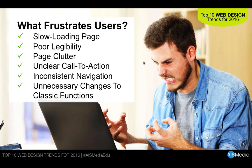Definitely all of these should be major considerations when we're thinking web design, landing page, email design. Is it clear? Will it load quickly? Will people know what to do? So back to our webinar,